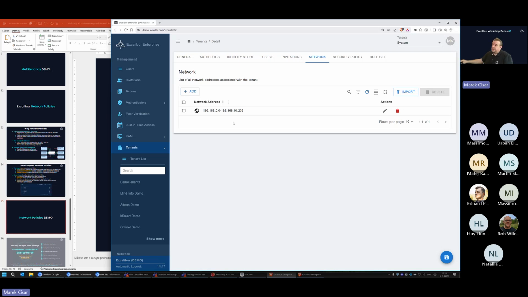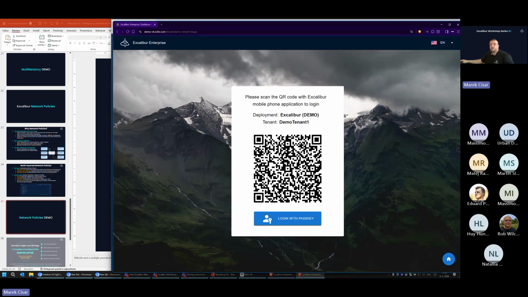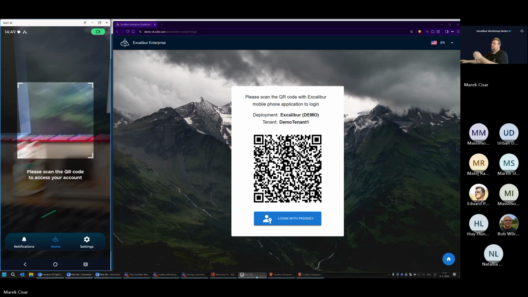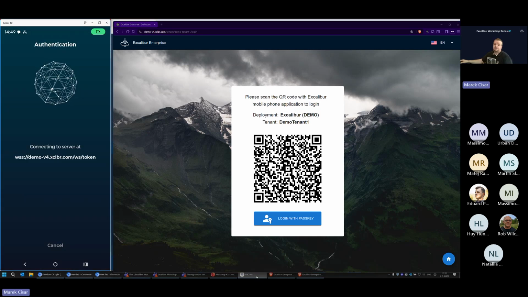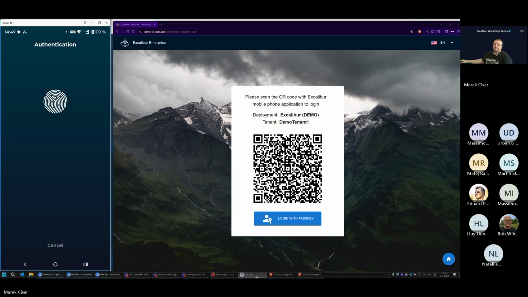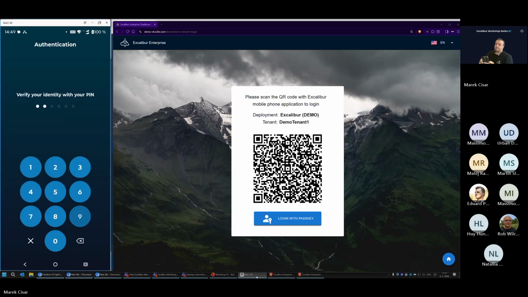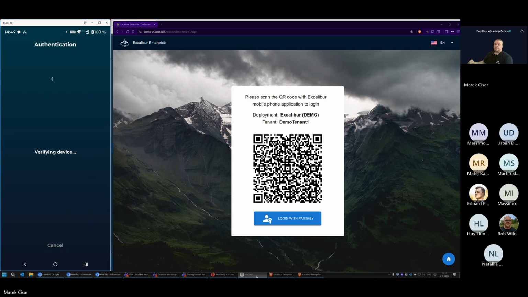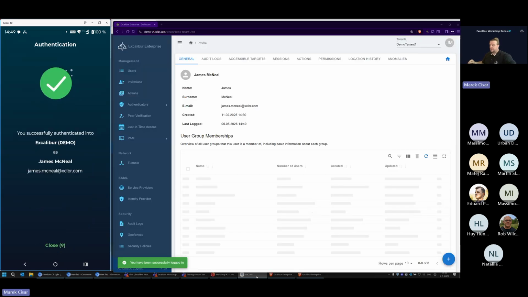Okay, so the tenant administrator configured something for the tenant, and I'm going to log in to the tenant itself, like such. All right.